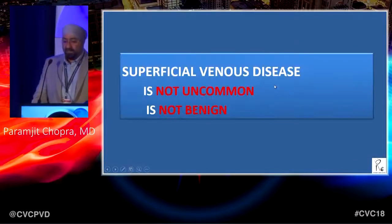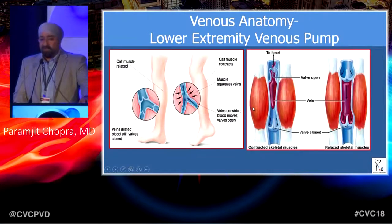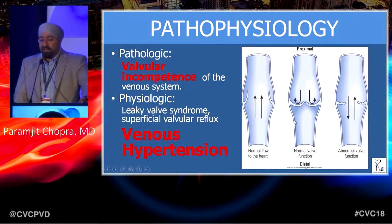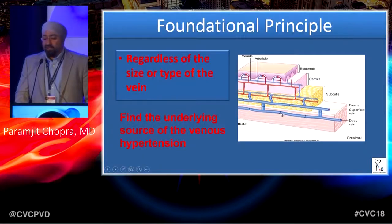All right, so just a quick recap. We know this is a common problem. What we're looking for is good, healthy legs. We've talked about the venous pumps. We've talked about perforators that are important along the way. We're looking at venous hypertension coming from the valves and the perforators per se, and that we know that it's